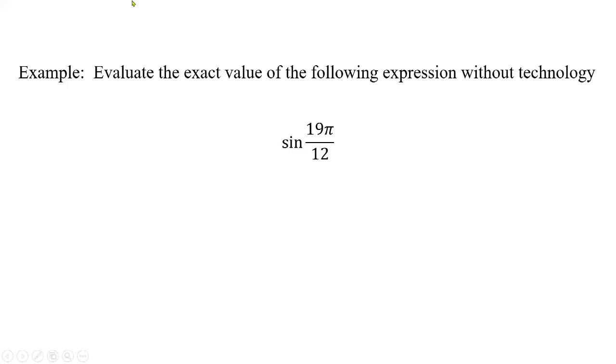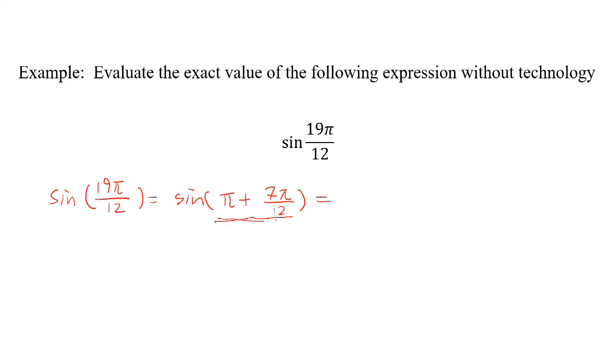All right, have you finished? So note here, 19 pi over 12 can be rewritten as sine pi plus 7 over 12 pi, right? And according to the trigonometric identity, sine pi plus an angle equals minus sine of this angle, right? Okay, so